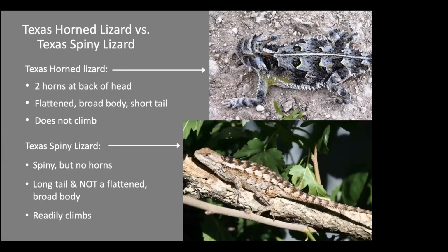And so, speaking of Texas spiny lizards, let's talk about the difference between a Texas spiny lizard and a Texas horned lizard, because sometimes people will see a spiny lizard and they'll think they've seen a horned lizard because they're so spiky. But here's the difference. The Texas horned lizard has two horns at the back of the head, and the photo at the top is a Texas horned lizard. Two horns at the back of the head. They have a kind of flat, broad body and a very short tail. And they don't climb. They skitter around on the ground,